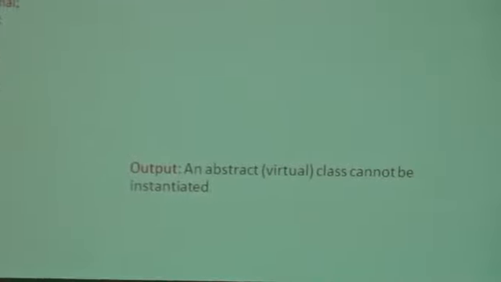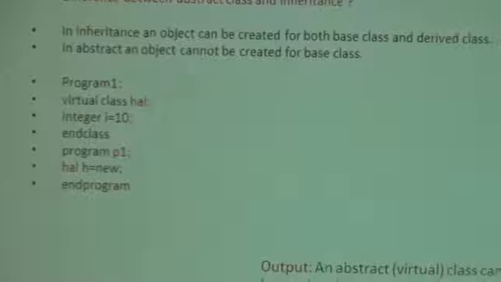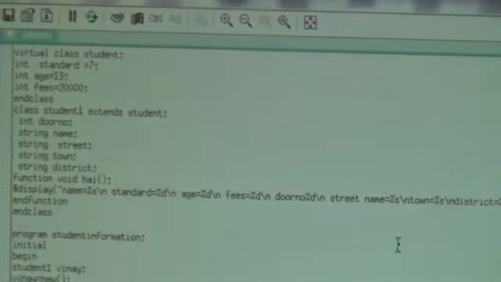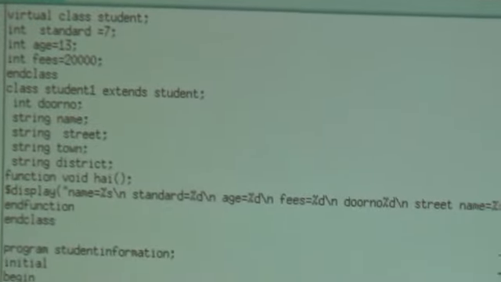I just try to print out this value. You will wonder what the output of it is. When I try to create an object for the abstract class, that is the virtual class high, I got the output abstract class cannot be instantiated. That means we cannot create an object for it. Let's look at here. Here I put the whole program of my abstract class that I discussed before, virtual class student, fees and everything, and the derived classes and everything.